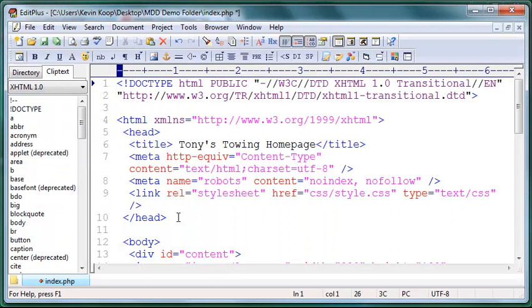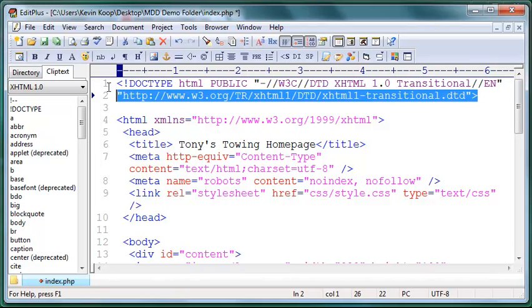Okay, I've opened the index.php file with my favorite text editor, Edit Plus, which is a paid program. You do not need Edit Plus in order to do this work. You can open it up in simply Notepad, or if you're on a Mac, TextEdit. Those will work just fine. Generally speaking, we are looking for the doc type declaration, which on this particular page is the very first line of code, and that will typically be the case. The doc type declaration actually spans these two lines,